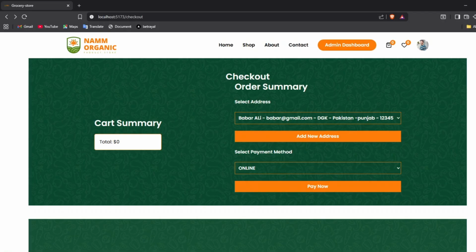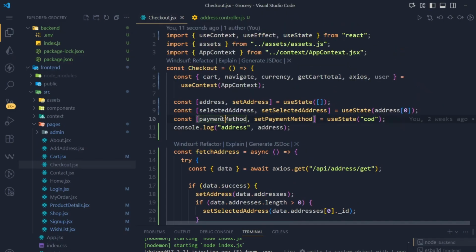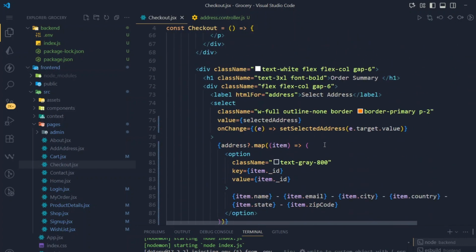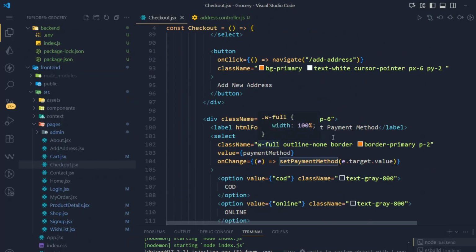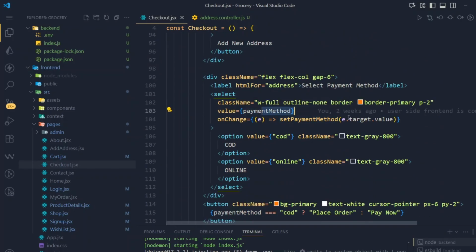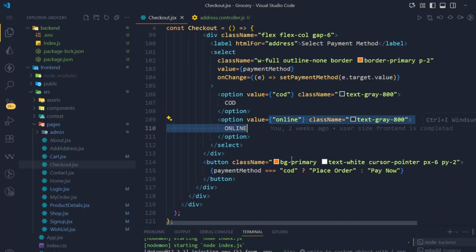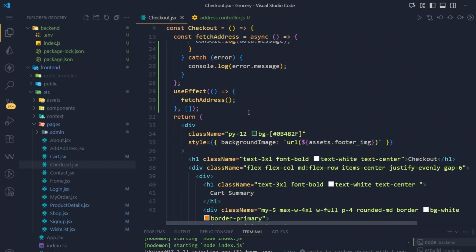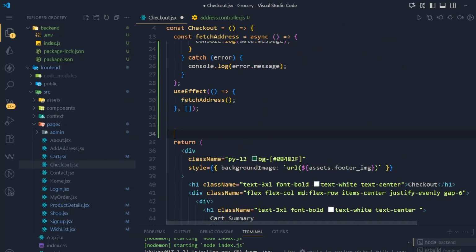Now we need to handle this payment method. For that we have payment method and set payment method, and we will use this. You can see here this is the payment method, COD and online. Okay, it is done, and now I will call my API to place an order. For that I will use const place order